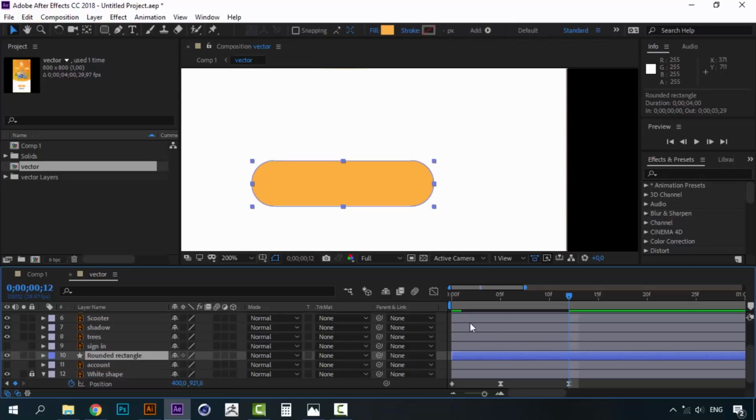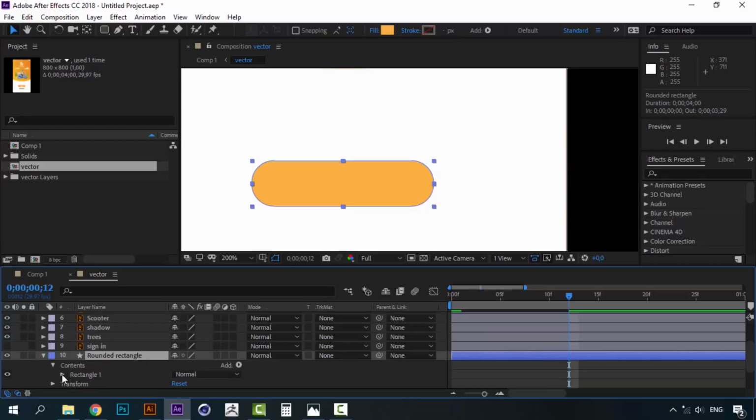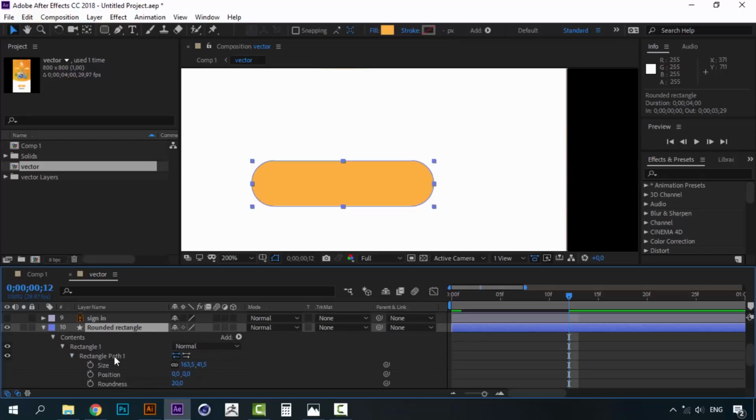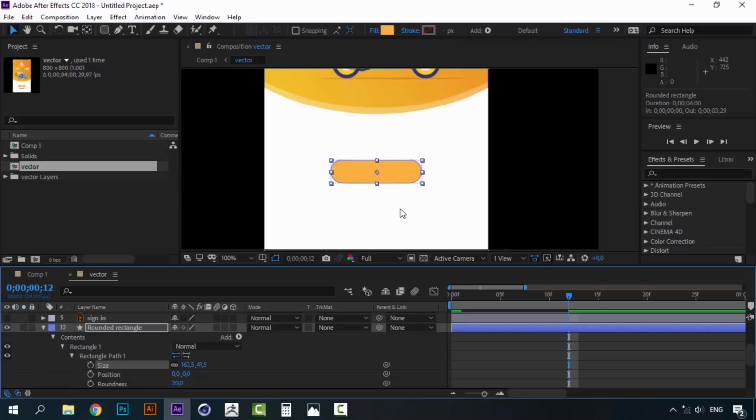Alright, now open up this layer, open this, and now let's begin. First, let's make this layer begin right on this point, right when this goes up, right around here. Create a keyframe for the size on the rectangle path, and another one like 5 frames later. Perfect. Now on the first keyframe,